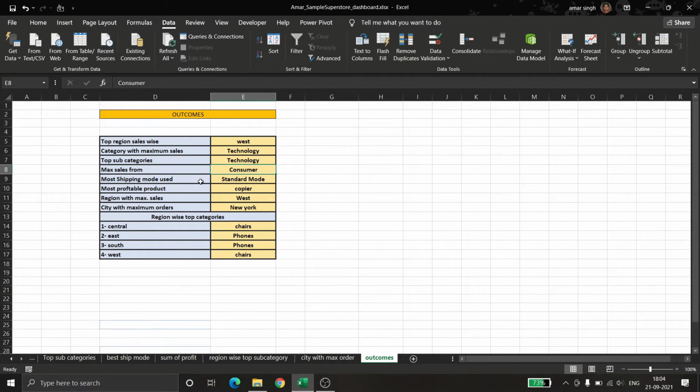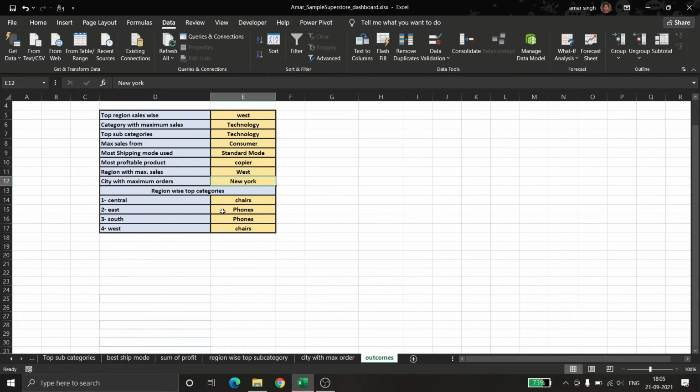The most used shipping mode is the standard mode, and the most profitable product is the copier because it is in the technology section, as I told you previously. Region wise maximum sales is the west, which I have told you in the upper column also. And the city of maximum orders is New York.